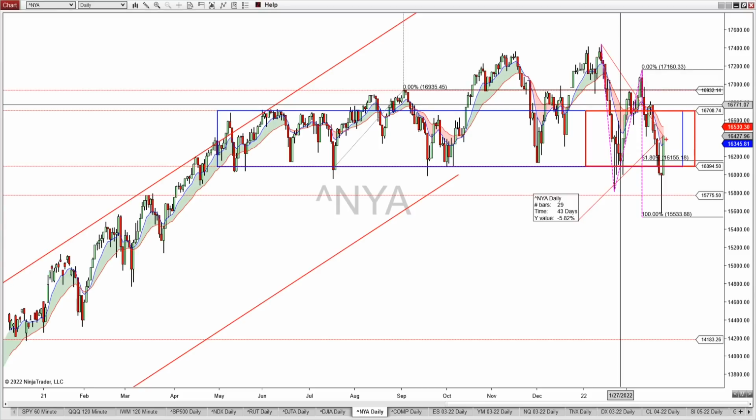So we want to see would it be able to continue to stay up here and move back to the other side of this balance zone and get above this 16,708. Also, I did the same projected move for the New York Stock Exchange on this symmetry move, and that will bring it down to